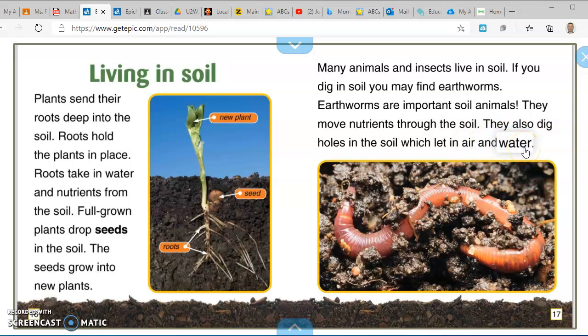All right, boys and girls, thank you for learning about soil with me. I would like you to draw a picture and color it of a plant in the soil. So you could pause this video and draw this illustration, or just draw what you think it looks like when a plant is in the soil and the roots are down